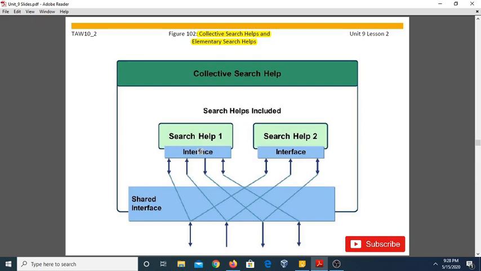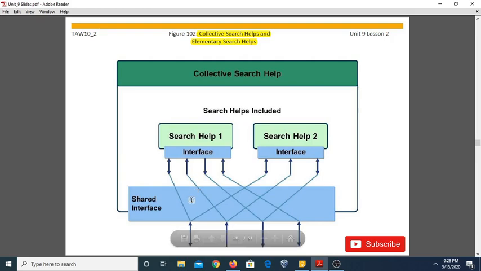Now in this case, only one search help can be attached to a field, table and data element. Therefore, the several search paths are attached with a collective search help. The elementary search helps are included as parallel tab pages in the collective search help. So you must assign the collective search help parameters to the interface parameter of each included search help.